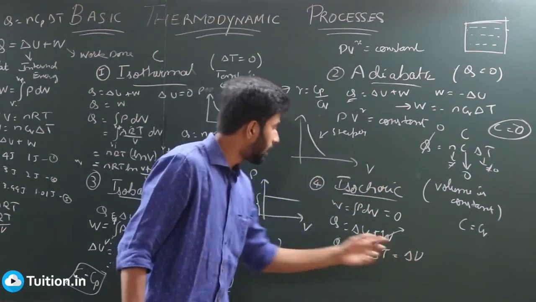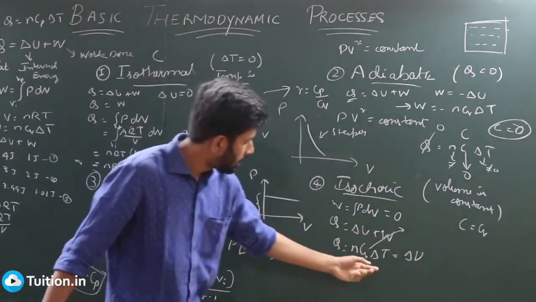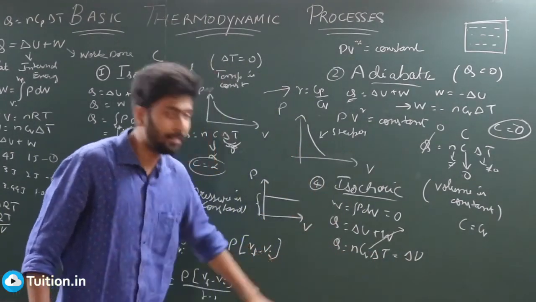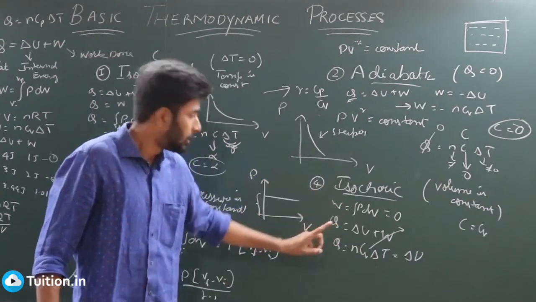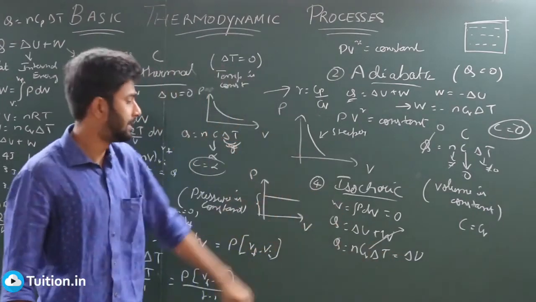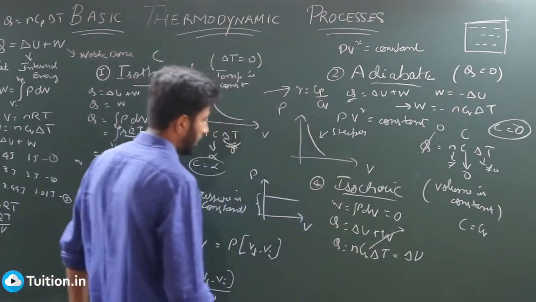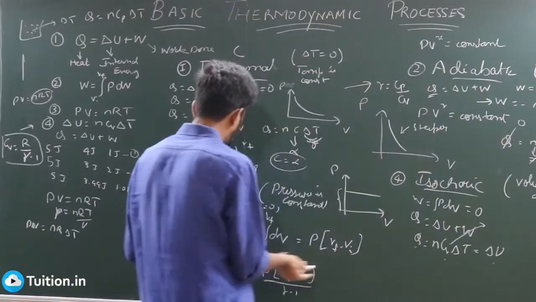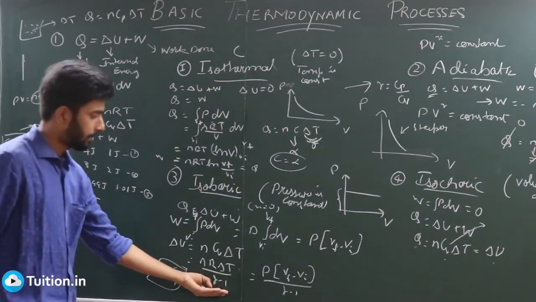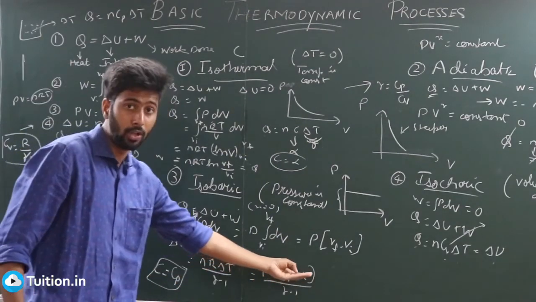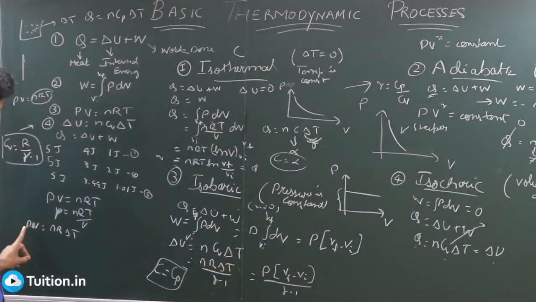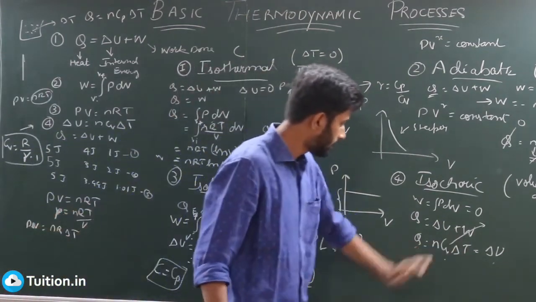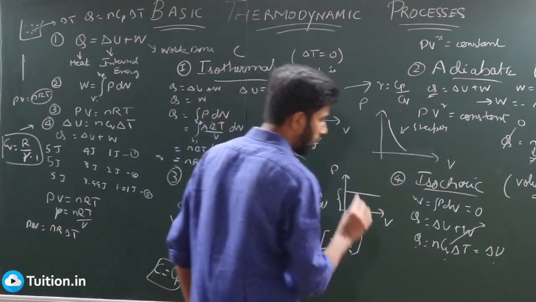So remember, for every process, for all the four processes, your delta U will have the same formula, but your Q will not have the same formula. In this particular case, your Q and your delta U have the same formula, nCv delta T, right? You can also write it in this form if you want, just that your pressure will change here instead of volume. So you'll have delta P into V and not P into delta V when you use the same form here. And finally, what else do we need?